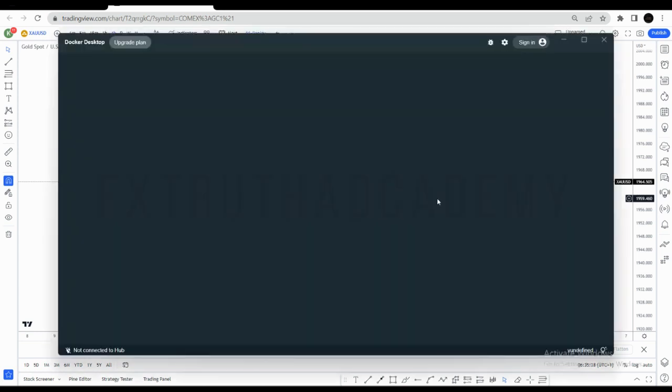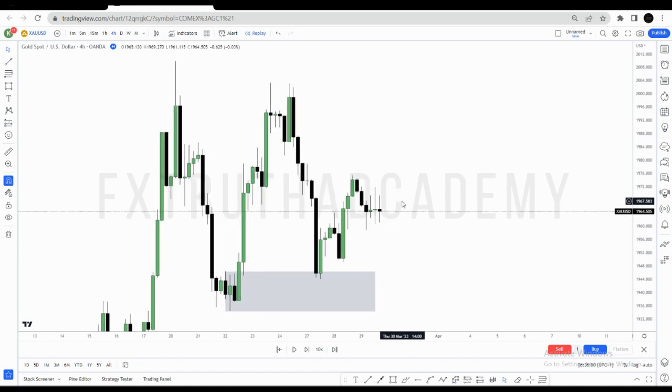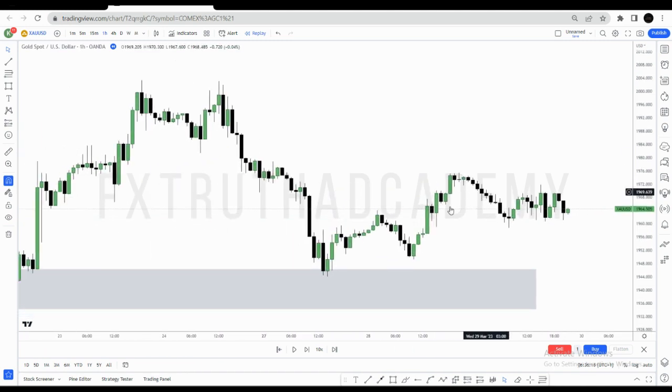So you can see now we have a clearer picture on the AUD/USD when we look at the 4-hour time frame in terms of institutional order flow. We can now see that price is actually respecting a particular direction right here on the 4-hour time frame. Good. And it is actually respecting the bullish direction. So that's a very, very good indication for us to start anticipating buying positions right here. But that is not yet confirmed because we don't know what price is going to tell us going forward. So we're going to drop down to the 1 hour to see a clearer picture